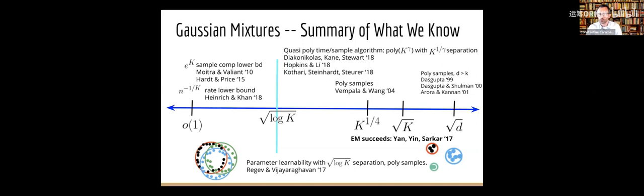One other important result, which is also quite recent, 2017, a similar time period as Regev and Vijayaraghavan and most of the other works on this page, shows that EM succeeds as long as the separation between the means is at least square root of k. And again, just as a reminder to what I said before I got kicked off,